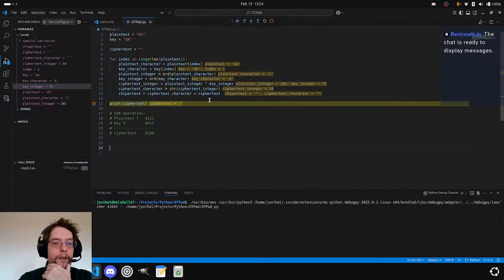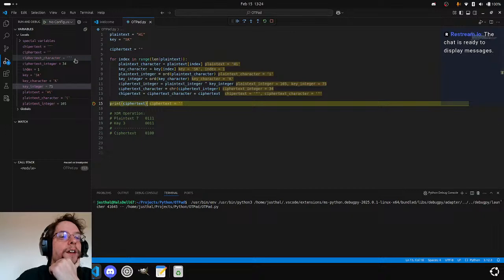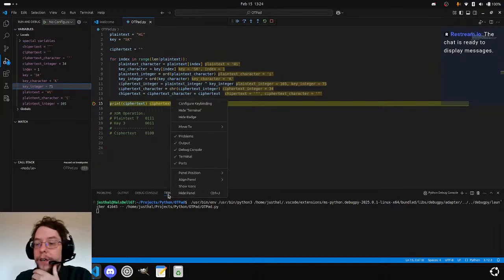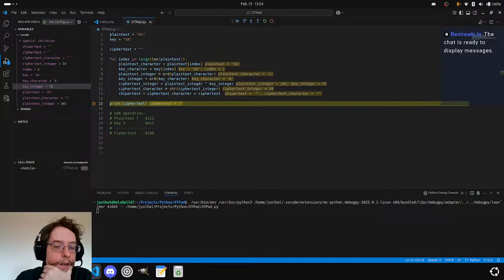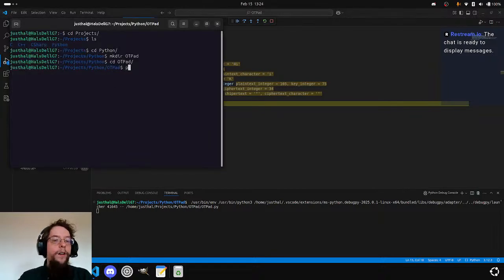LearnBot has a lot of good advice. So let me look at ciphertext. Okay, ciphertext is nothing, even though the character is a double quote, and the integer is 34. Do I have a terminal? Yeah, it's in use. How do I make a new one? Let's just bring up this. Python